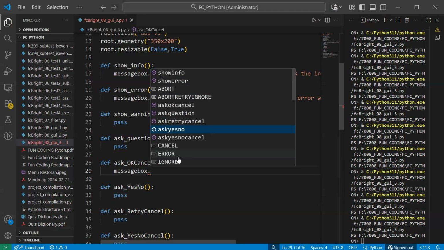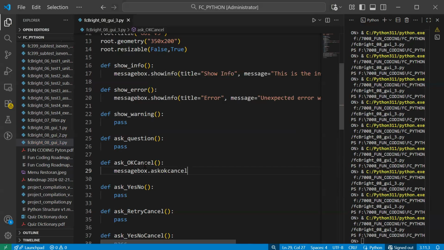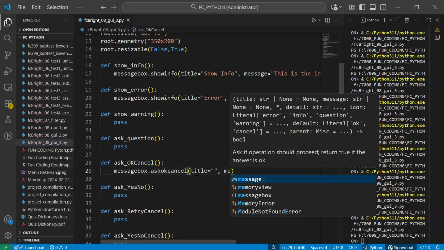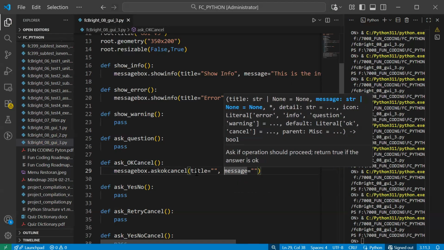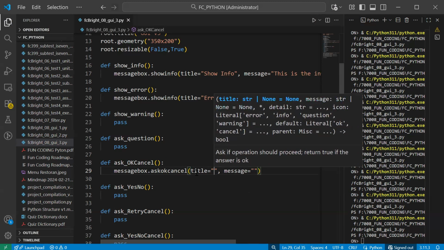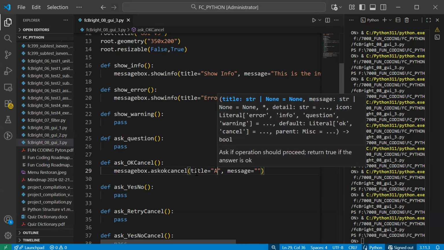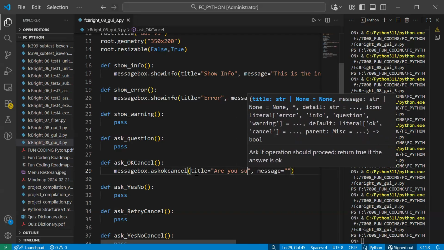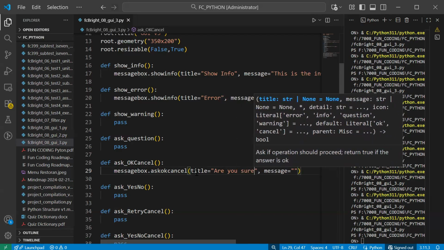Okay. So for this, the message box here will use the property which is as OK, as yes no, as yes no cancel, or as OK cancel. Now because this is OK and cancel, so that's why we call the property OK cancel. Okay, don't forget this is standard, that the title, and after the title we have the message. Yeah, this is the official parameter. So, are you sure, something like this? Are you sure? Okay. Like this is the title.